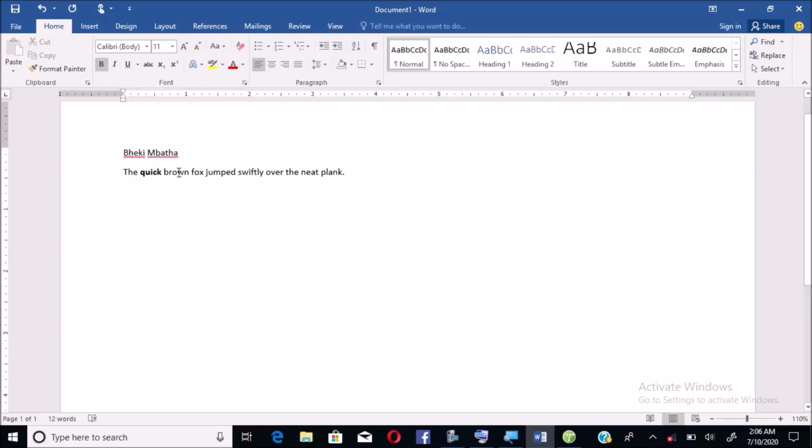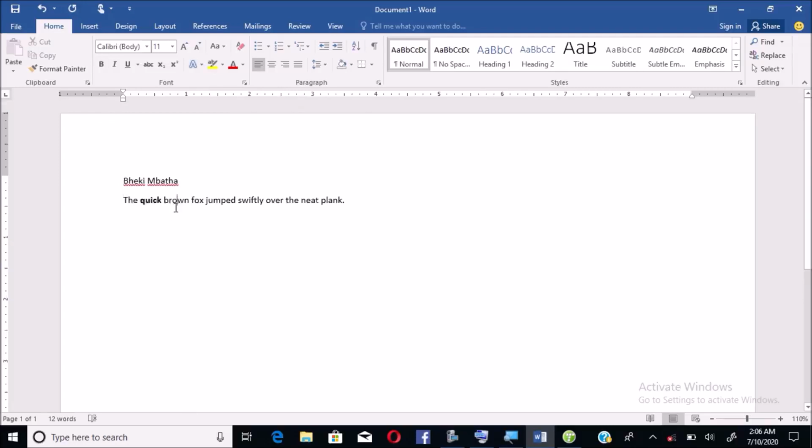Let us try to underline brown. So you can do so by either you click on the word and then you click on U, underline,